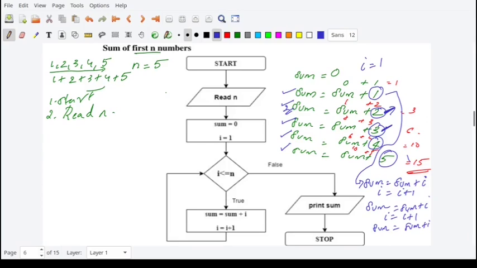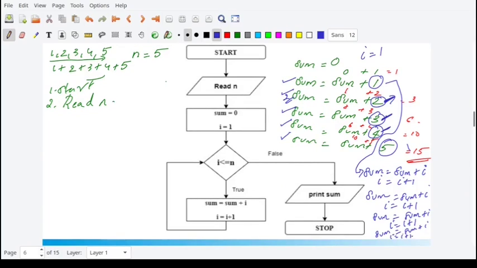Okay. Now again I have to do sum is equal to sum plus 4. The value of I has to be changed to 4. I will write I is equal to I plus 1 again, because current value of I is 3. Add 1, you will get the value of I equal to 4. And I have to do sum is equal to sum plus I. Okay. So again I will do I is equal to I plus 1. Then the value of I has become 5. Then I will do sum is equal to sum plus I, which is sum is equal to sum plus 5. Now all these statements 1, 2, 3, 4 and 5, these 5 statements are written here.